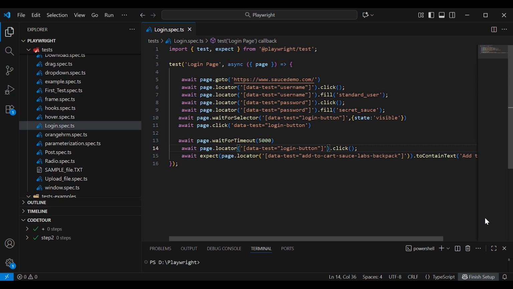Today in this tutorial we are going to learn how to perform a PUT API request in Playwright. PUT is used when you want to update existing data on the server. And Playwright makes this process extremely simple using its built-in API testing feature. I will show you how to set up the request, pass the payload, validate the response, and check the status